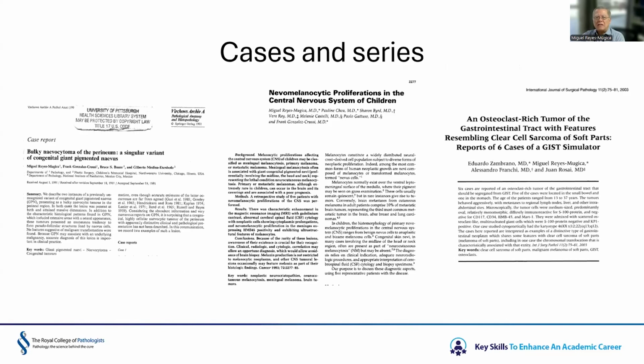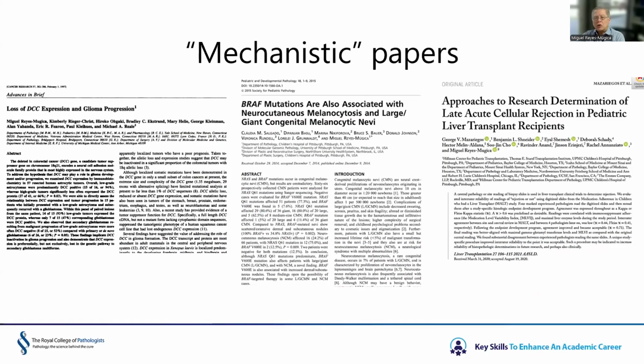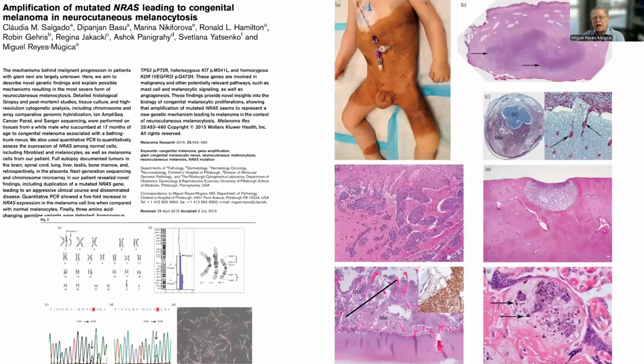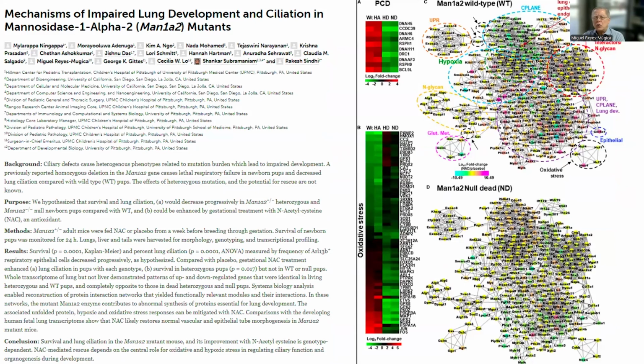So when you are writing a case series, isolated cases or case series, it's one type of publication. You have to prepare good images, macro and microscopic images. You can also develop mechanistic papers, which are more complicated, where you have to explain what you did experimentally and justify your conclusions based on evidence. Evidence is the most important part in these types of papers. Even if it is a single case that is mechanistic, you have to explain well what the mechanisms that you are addressing are. And of course, nowadays, very complex papers with a lot of sophisticated methodology are published,